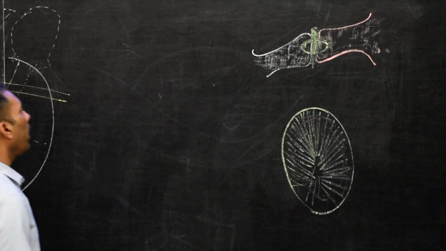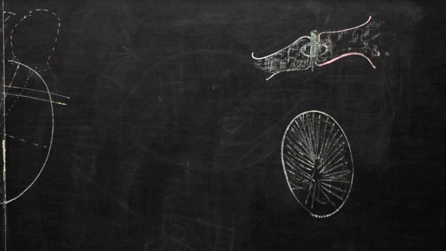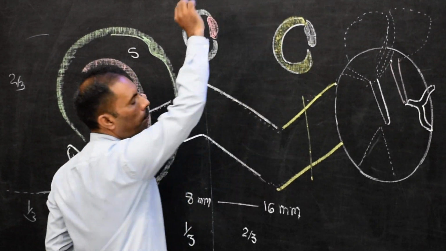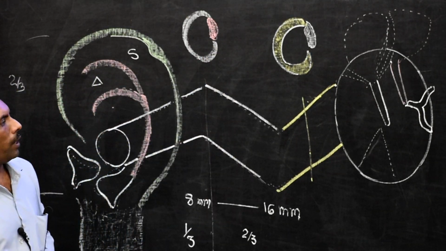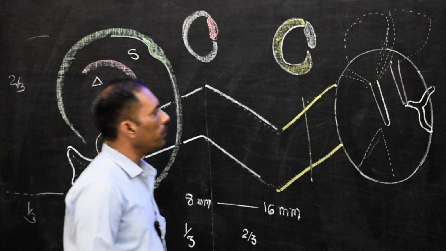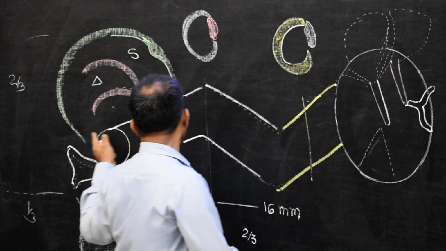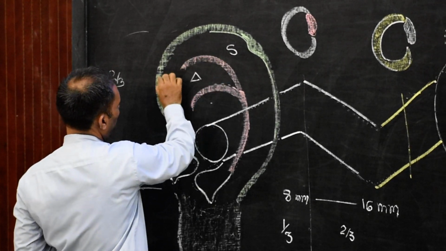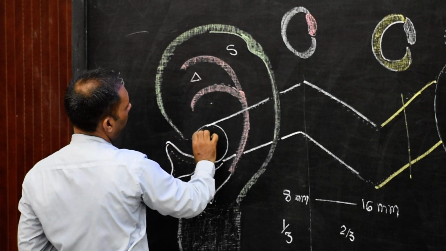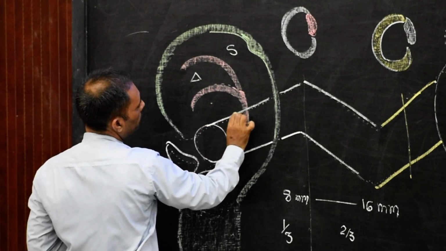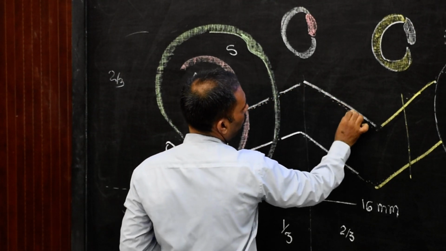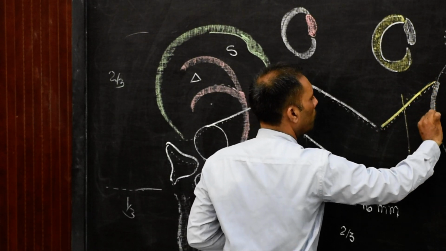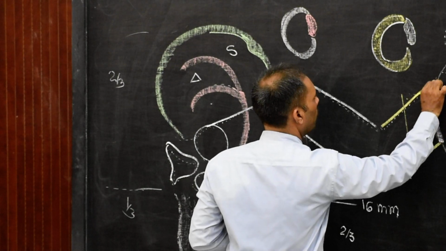And this membrane is attached to the margin of the tympanic groove of the temporal bone. Now its outside is continuous with the skin. This external surface is lined by skin. This very thin skin is continuous with the external acoustic meatus. This external acoustic meatus also lines the outer surface, which is cuticular. So this part is cuticular.